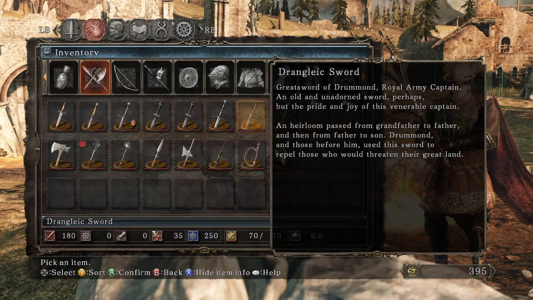Drangleic sword. Great sword of Drummond, Royal Army Captain. An old and unadorned sword, perhaps, but the pride and joy of this venerable captain. That's a weird sentence. An heirloom passed from grandfather to father and then from father to son. To a random person. Drummond and those before him used this sword to repel those who would threaten their great land. It's kind of odd that you find such an important sword in a completely random area, not even close to the castle. But